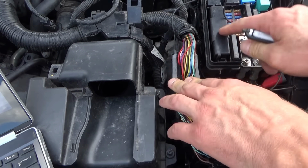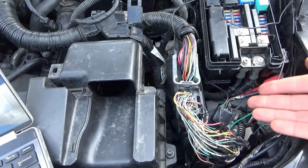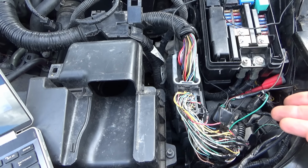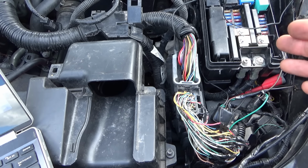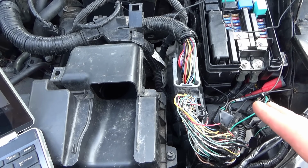We could check, I think there's a couple more grounds on this connector, but it looks like this computer is just dead in the water. It's not turning on the relays, it's not talking, so it's looking like a bad engine computer. Now, could it have anything to do with this? Maybe,